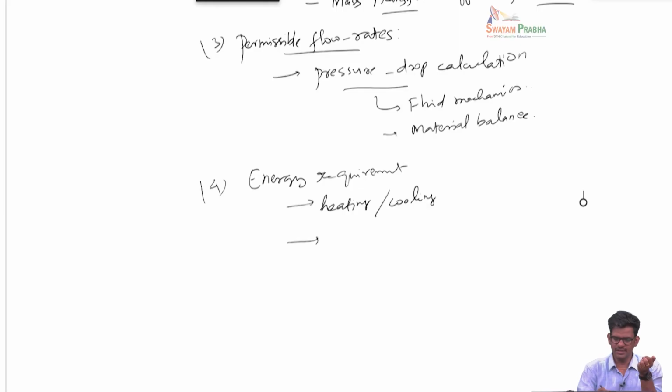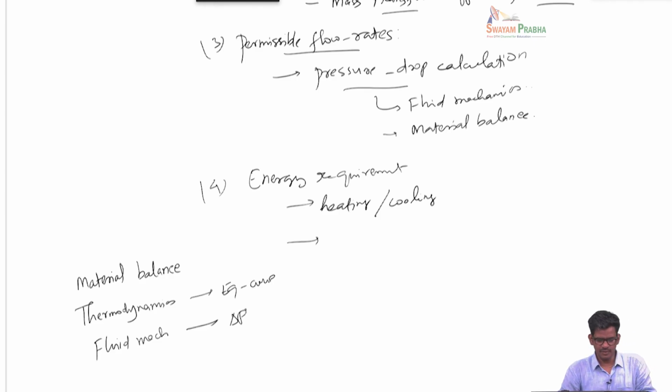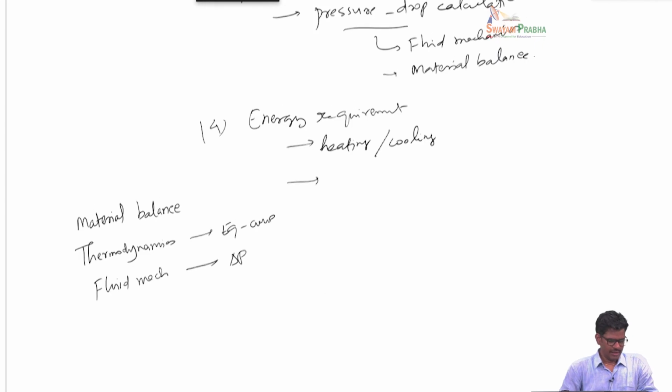So in summary, if you think about what are the concepts we need to achieve all these design principles, we could summarize to say that we need material balance, we need thermodynamics, because thermodynamics provides the equilibrium curve, fluid mechanics, this tells us about the pressure drop calculations, okay, and energy budget. So this involves some amount of heat transfer calculations also,